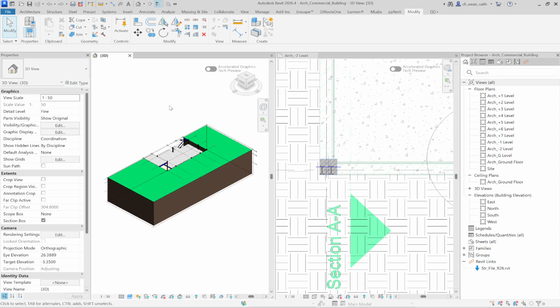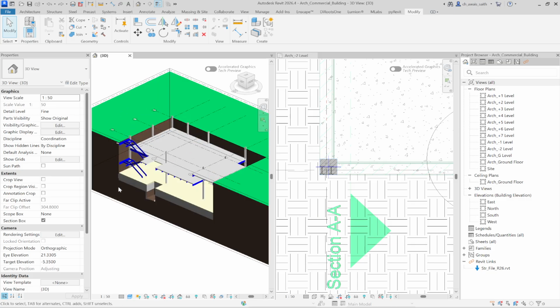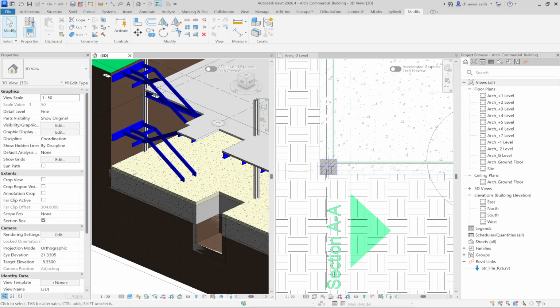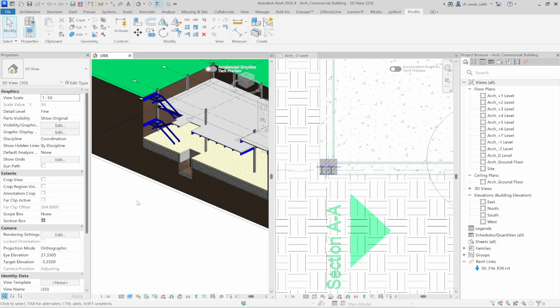Hi friends, today we are going to start our wall modeling. For the wall modeling, we will start from the basement or minus level floor, and then up to the height we will give the -1 level. So for this, first of all,